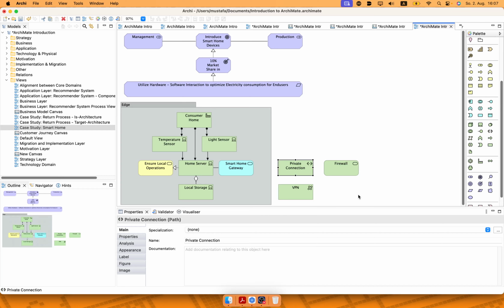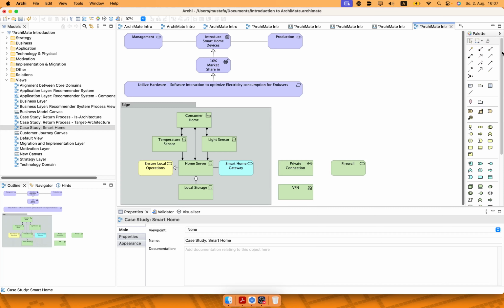One way to model it. There could be many other ways. And this is the flow. Service triggers, flows. You can use it here, flow from smart home gateway over the private connection, and flows over to